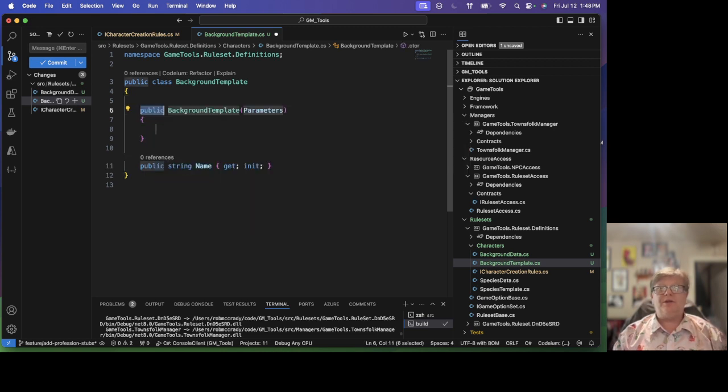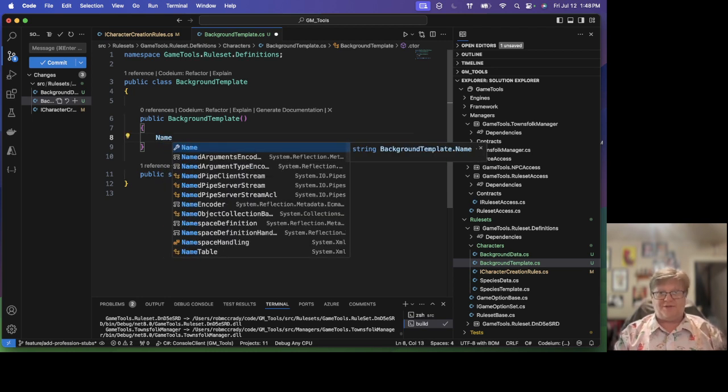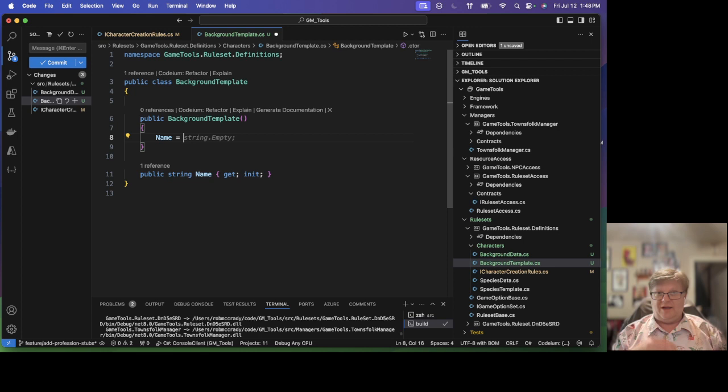Now, when we're using initialization constructors or initialization properties, that means we might be deserializing this particular thing or instances of this class from, say, JSON or what have you. And JSON serializers all require a parameterless or empty constructor. So here's name equals string.empty. If we don't specify that, it's going to get grumpy at us